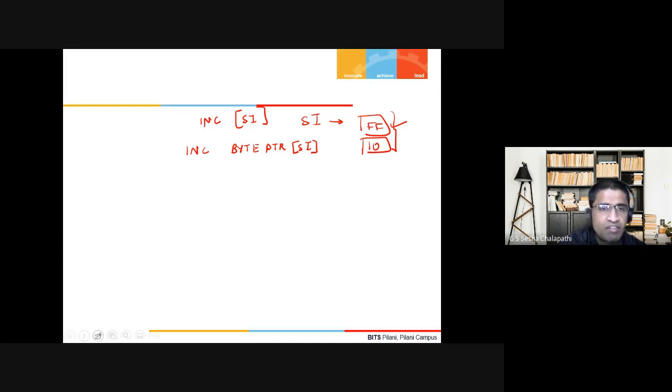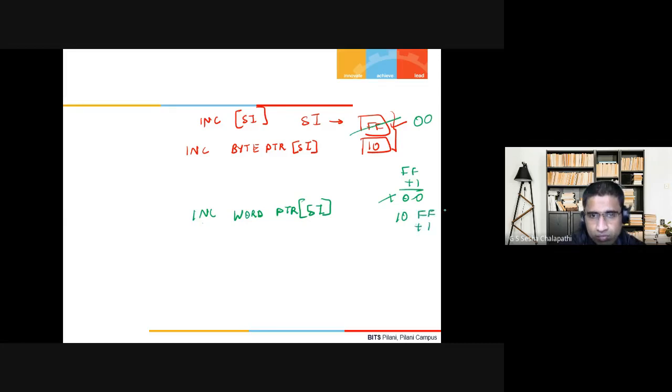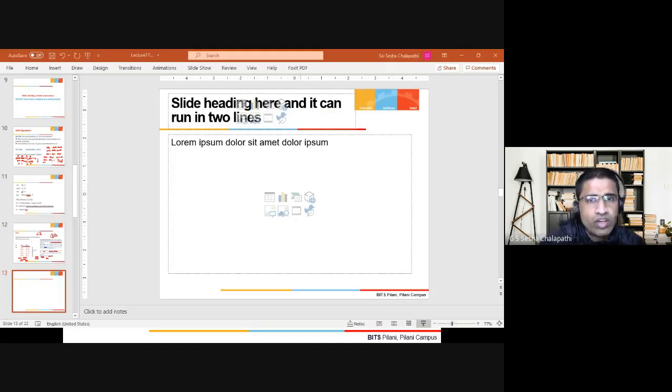If you increment FF, this will become 00, because FF plus 1 will be 100, and the carry will be neglected. In the case of increment word PTR SI brackets, 10FF will be taken together as one. If you increment that, it will become 1100. So now this will become 00 and this will become 11 if you do a word PTR. Right? I hope it's clear now.